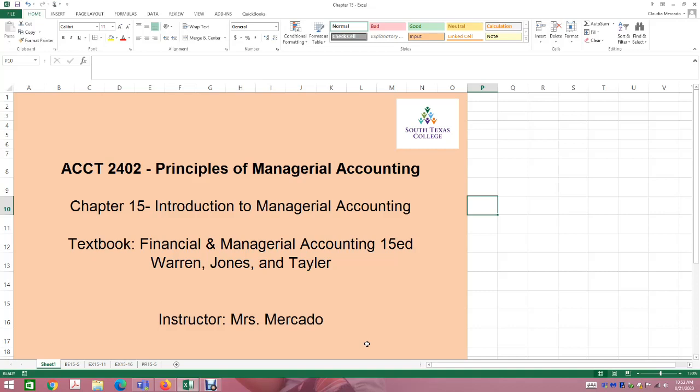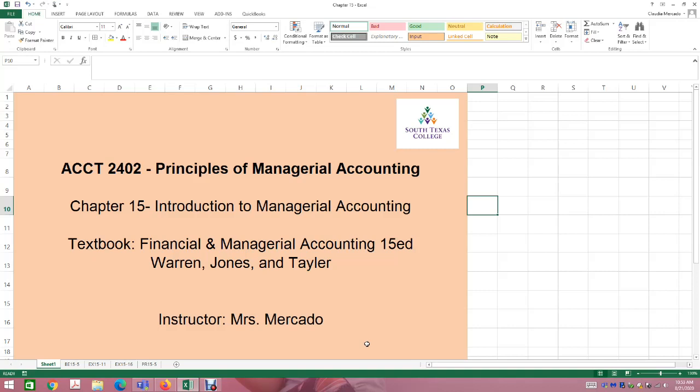So in this chapter, we have several concepts that are introduced. For example, product costs are introduced, in which the textbook explains that product costs are composed of 3 elements of manufacturing costs, which are direct material costs, direct labor costs, and factory overhead costs. These costs are treated as assets until the product is sold. So we are manufacturing a product, and those 3 components are part of that product, and those costs are treated as an asset until that finished product is sold.